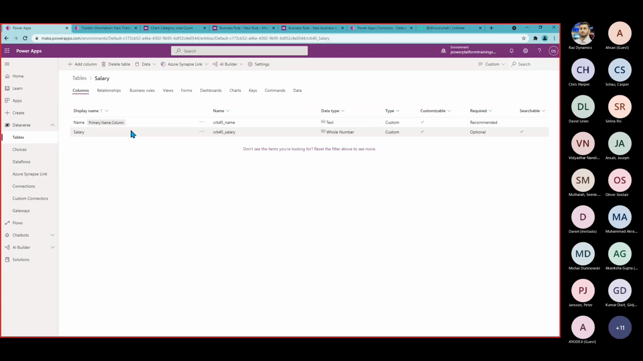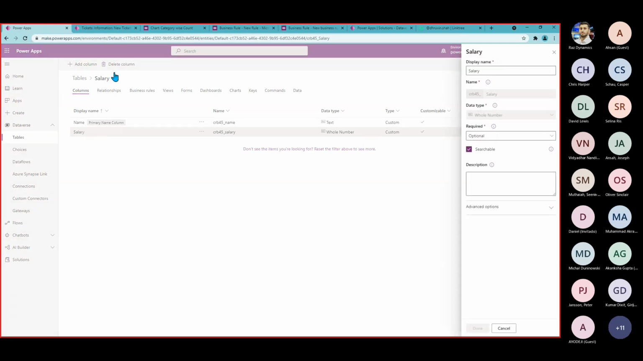Now, let's say I have provided access to this Dataverse table to many users, but I want to restrict this salary field. This is something for the account manager only. They will be able to edit, or only view, this data. No other person will be able to view the information from the salary table. So how can I do that? For that, there is a concept called column security. So let's say I'm clicking on this column, going to the advanced option, and there is an option called enable